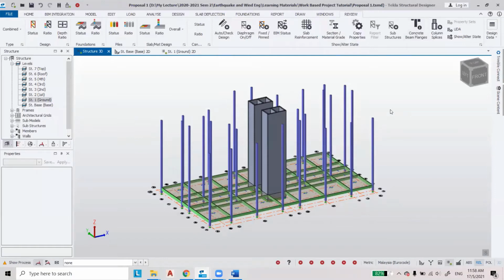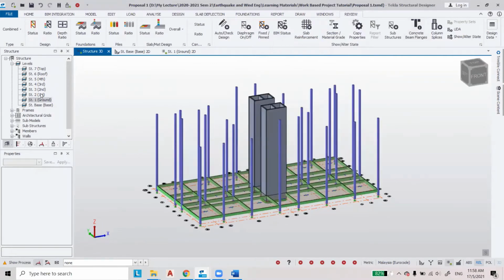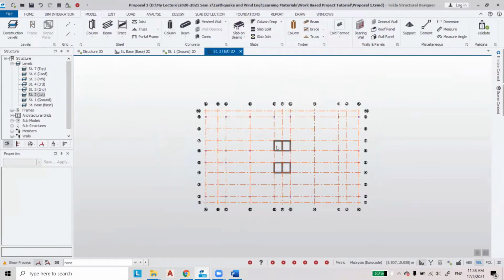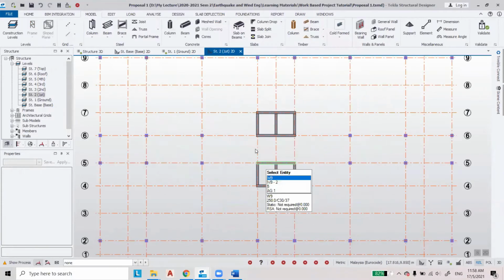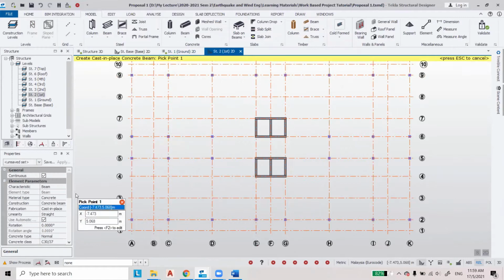Okay, we just finished modeling our ground beam and ground floor slab. So let us go to the first floor slab and beam. For this one, this is quite challenging, because we have to assign the SFRS for the beams. Let's say for this beam, for the first beam, I want it to be